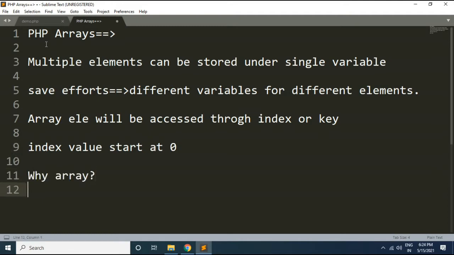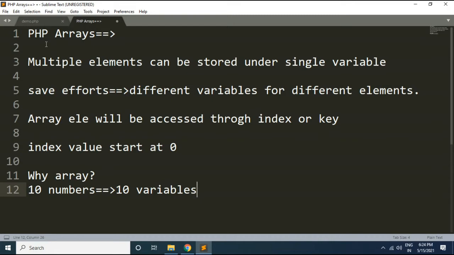So what is the necessity of an array? Consider this scenario where you want to store 10 numbers. After storing, we also want to print them. In such cases, for storing 10 numbers, we need to declare 10 different variables, because one variable will be able to store only one value.